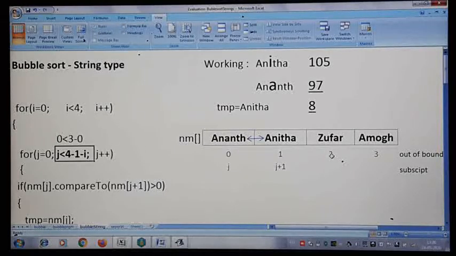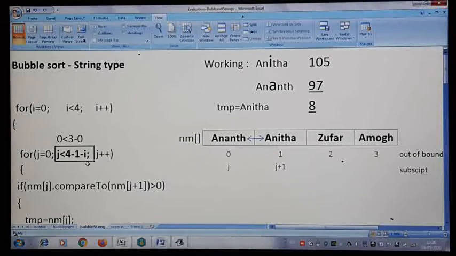Next iteration, once we complete the entire inner for loop and go to the outer loop, when we enter the inner loop again, the i value will be 1, because by that time we have moved the largest element to the last location, which we want to skip. So we keep on omitting the last elements. For that reason minus i is required.